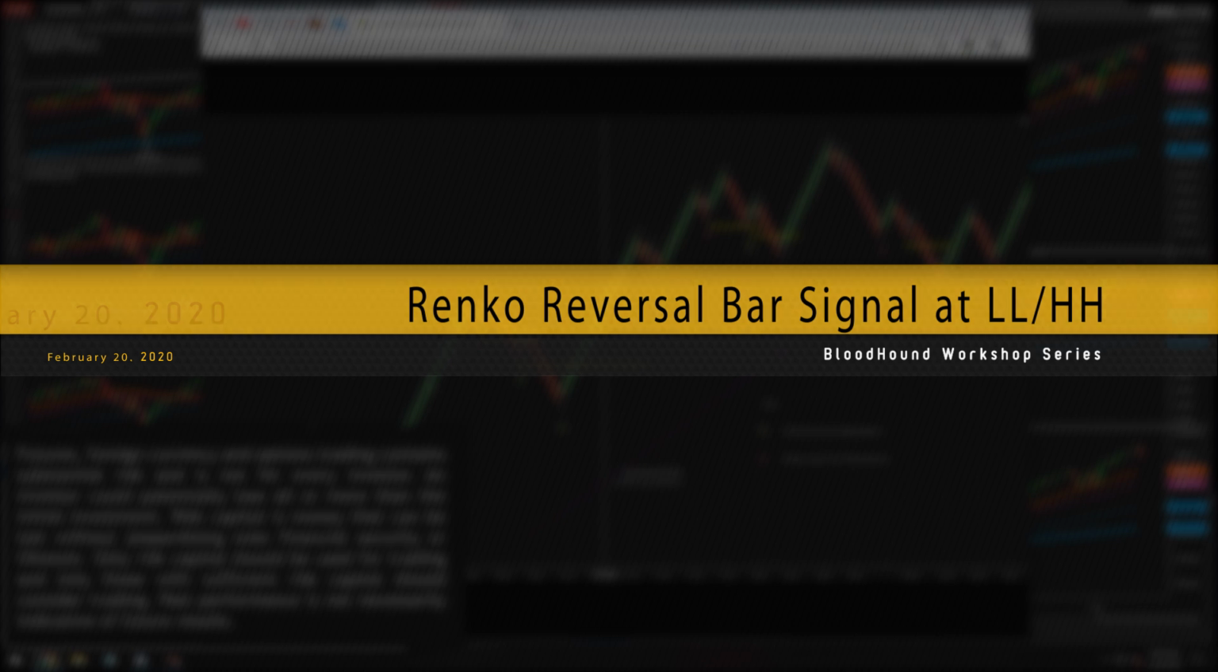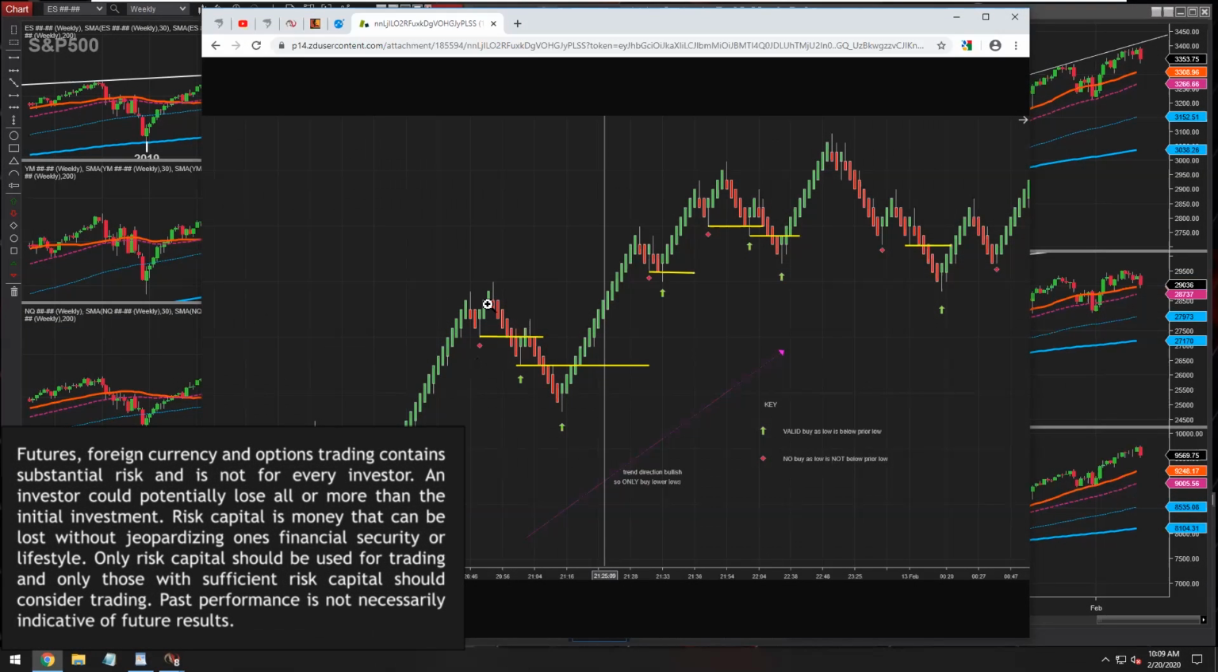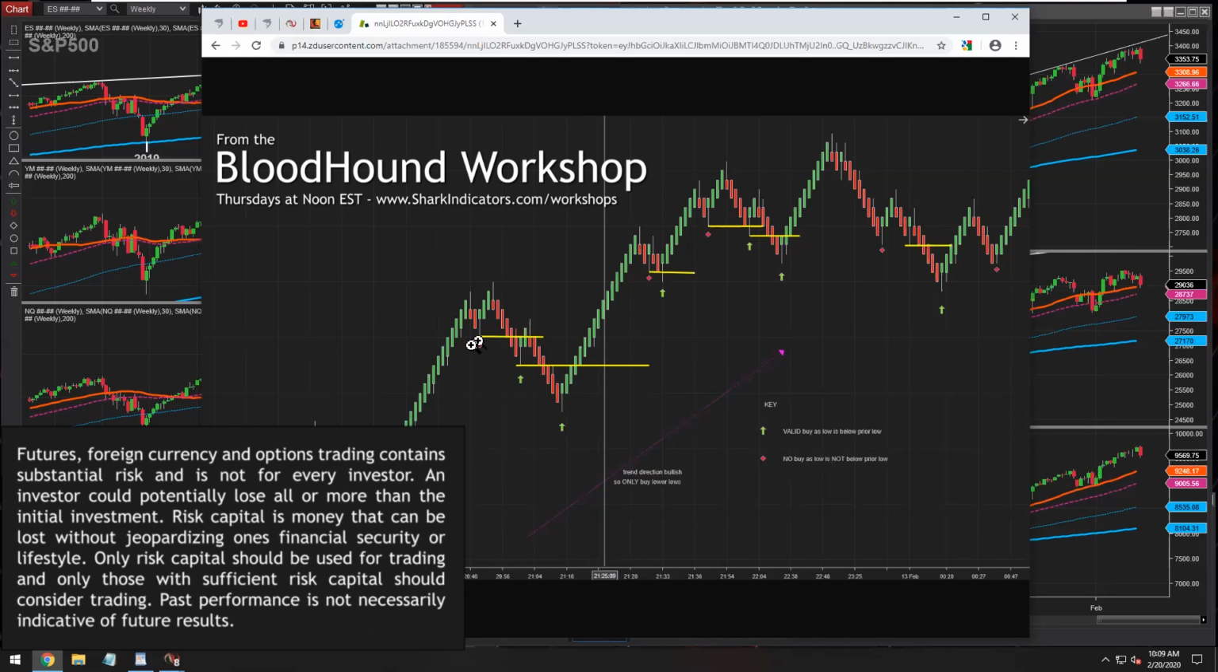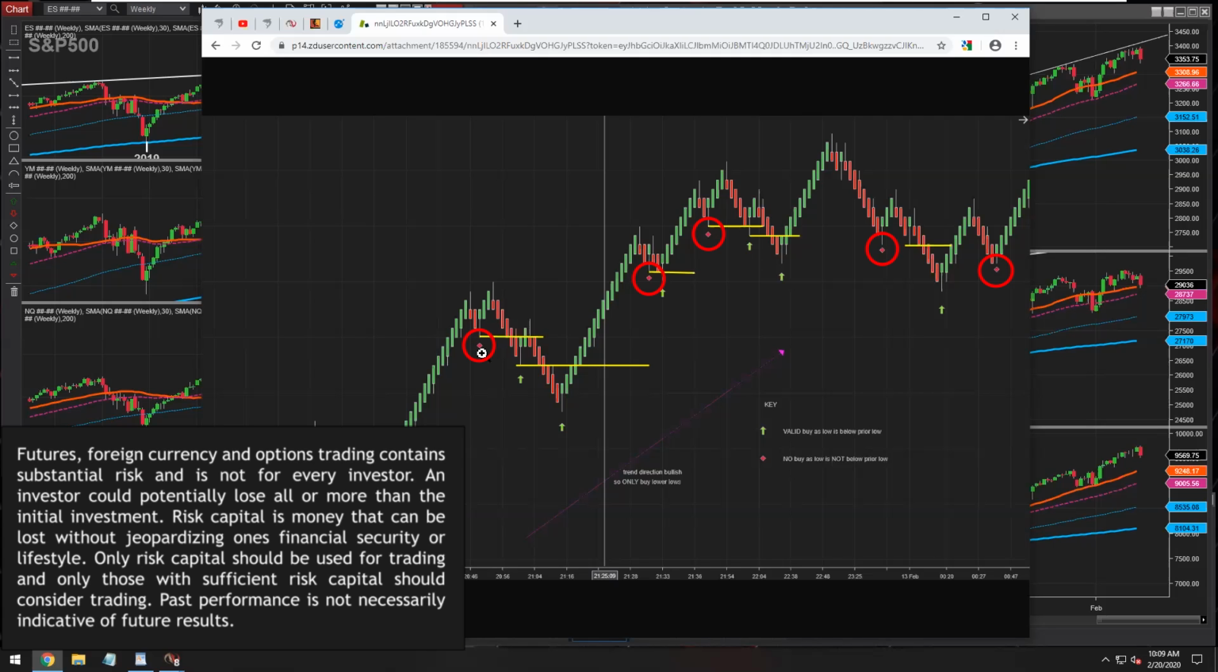So as you can see, it's based on a hybrid Renko bar, in this case the Unirenko. The diamonds mean no trade signal, and the arrows mean a valid trade signal, right? So as we can see, this is based on a reversal bar of the Renko, but a signal is,